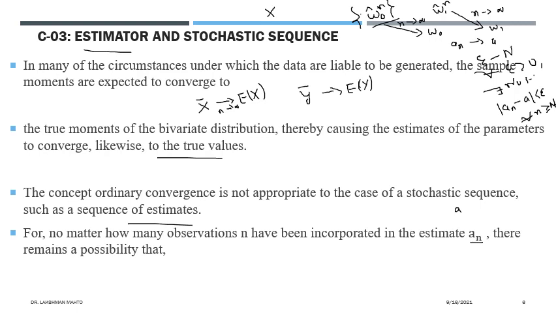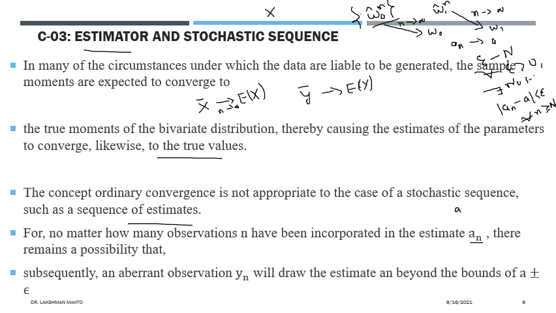There remains a possibility that subsequently an aberrant observation y_n will draw the estimate a_n, the nth member of the sequence, beyond the bound of plus minus epsilon. There might be one observation, we are calling it x_n, in the data set, such that if you calculate one value of the estimator a_n, that value may not fall in the epsilon